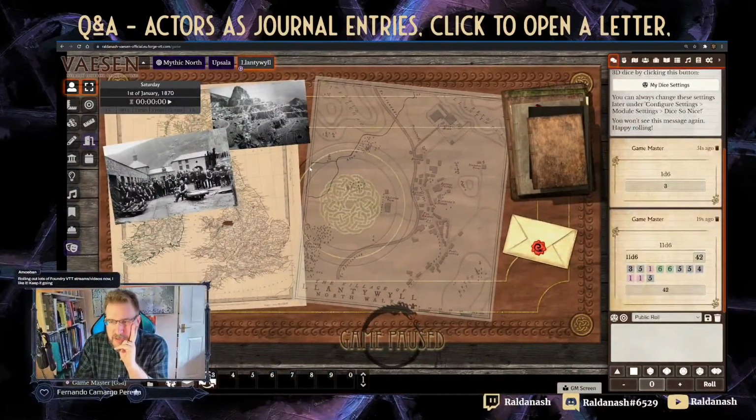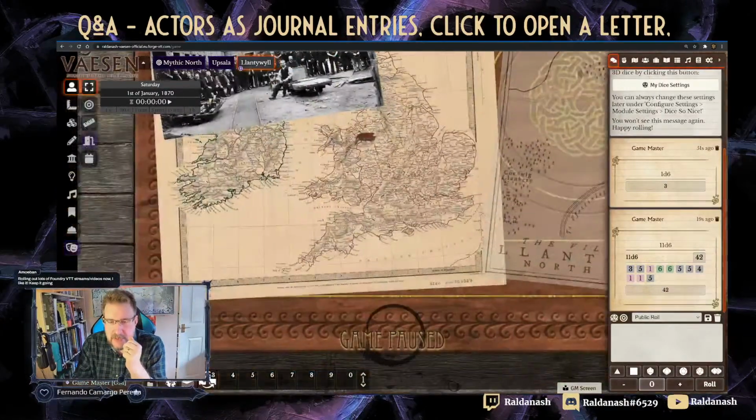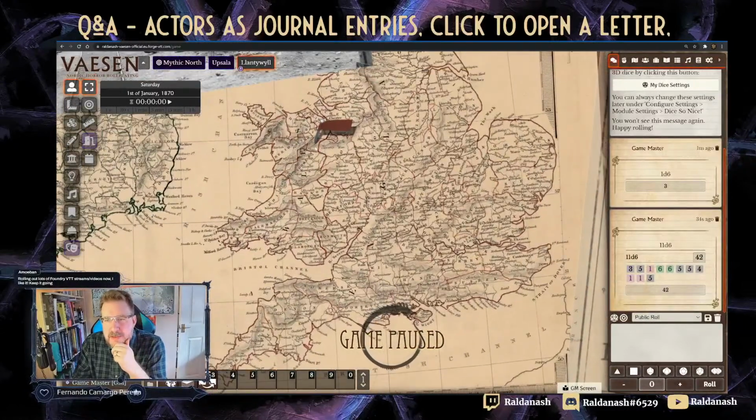Yeah, so we had this table I set up with a map, with one hidden map here. These are tiles and the pictures with it, and I put a little pin in roughly where I thought it would be. Yeah, this place, I don't actually know where Mythic Britain is going to place the base for that,